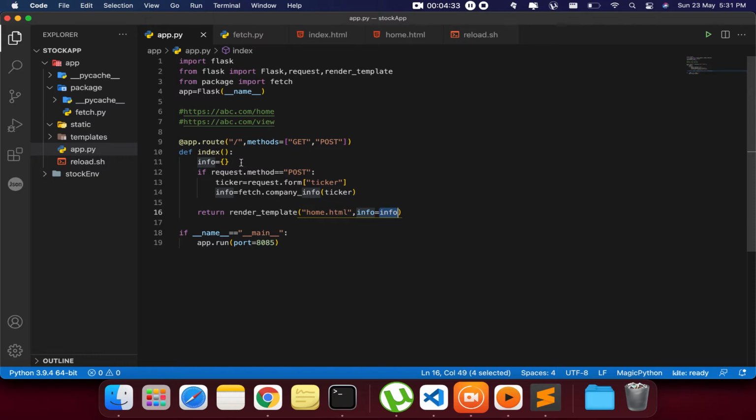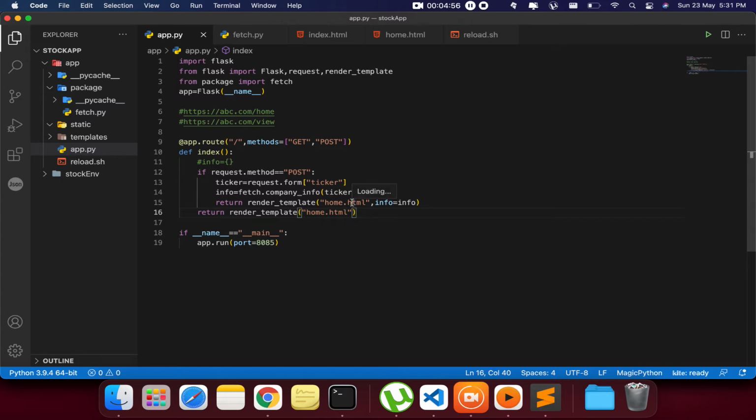The first thing you can do is put info as a blank dictionary, or whatever format it is, or you can also copy this one and return it inside this one without the info. Both work pretty well, so whichever you want. I will go for the first method.